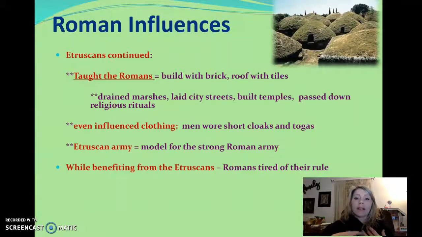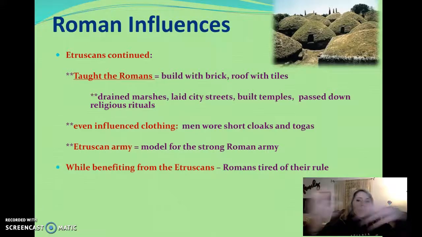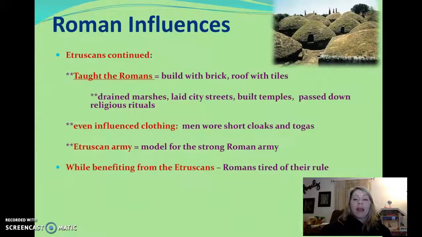Okay, now we said that the nobles were the rulers. Well, eventually the Romans, the Latins and the other people in this area are going to tire of the nobles, okay, because we said the nobles were pretty selfish. Remember, they're going to be standing on the hill while all the other people do all the work, and they reap all the benefits and don't really have to do anything. Well, we said when people were poor and unhappy, they're going to rebel, they're going to fight back. So the Romans are going to tire of their rule, okay, and they're going to take over the government.